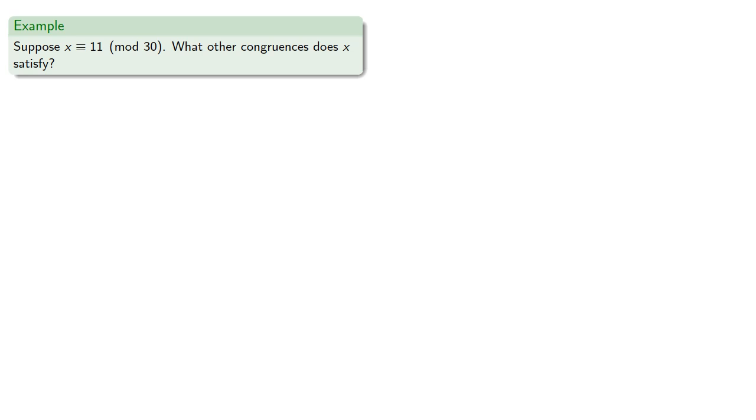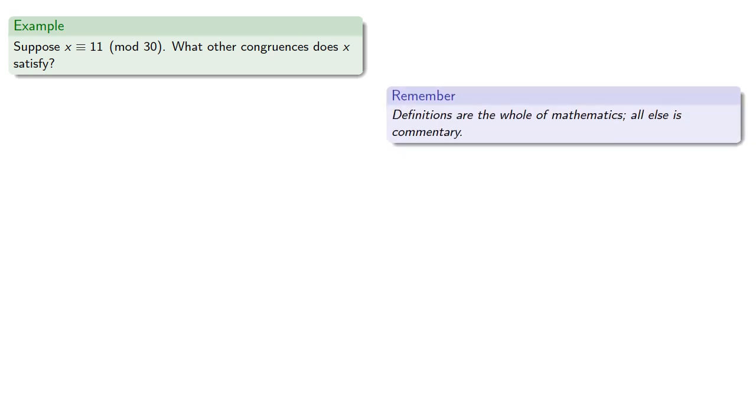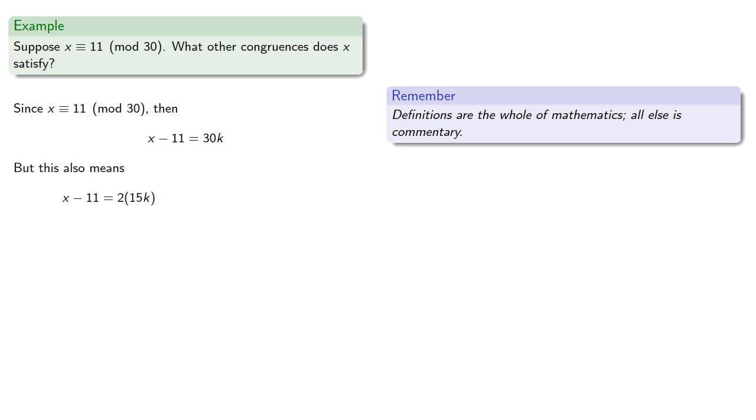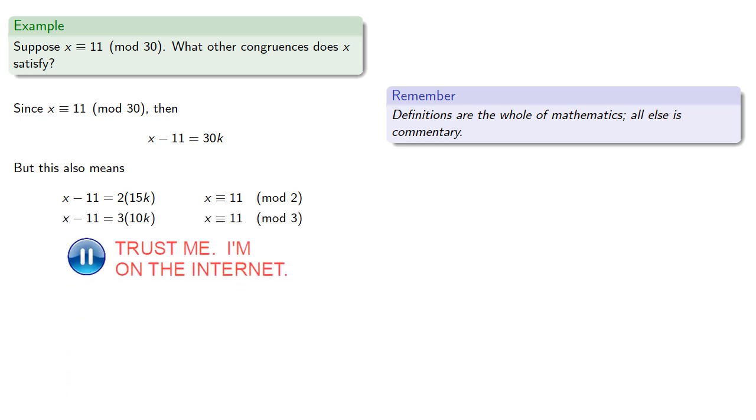So remember, definitions are the whole of mathematics. All else is commentary. Since x is congruent to 11 mod 30, then the difference is 30 times something. But we can factor 30 in a number of ways. So this also means that x minus 11 is 2 times something, so x is congruent to 11 mod 2. X minus 11 is also 3 times something, so x is congruent to 11 mod 3. And also,